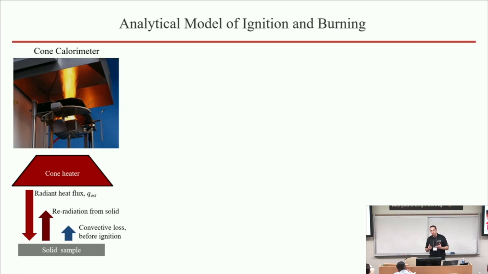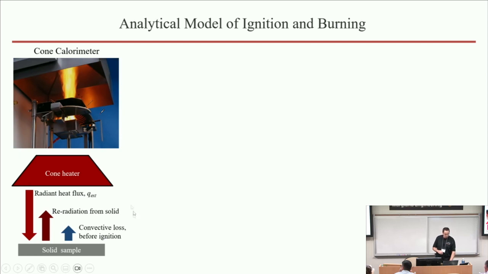Now, the easiest way to discuss this analytical model is in the framework of a simple experiment or simple standard test, which is called cone calorimeter. Cone calorimeter is designed to give you a very common scenario that would be an element of many actual complex fire scenarios. In this scenario, you take what is usually a 10 by 10 centimeter sample of material, you place it in this holder right here, and you expose it to a well-defined radiative heat flux, anywhere between 20 and 100 kilowatts per meter square, that comes from this conical heater.